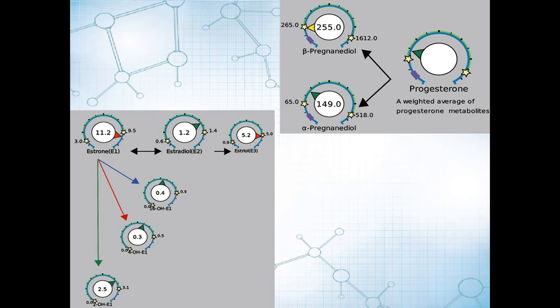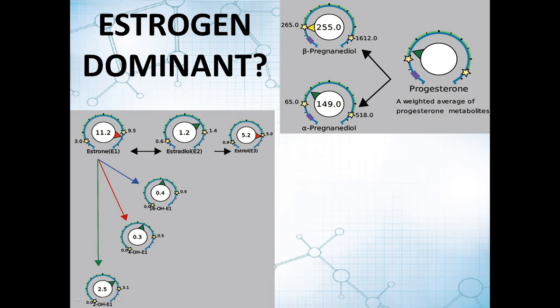Now, if we're trying to ask questions about potential estrogen dominance, then the way that we want to look at this is instead of looking at a single ratio between two metabolites, say beta pregnanediol and estradiol, we really want to take more of a general look and just ask the question, which one of these is predominating? In this case, it's fairly obvious that the progesterone is within range, but it's fairly low within the range. Again, remember the middle here would be exactly average for a premenopausal woman,